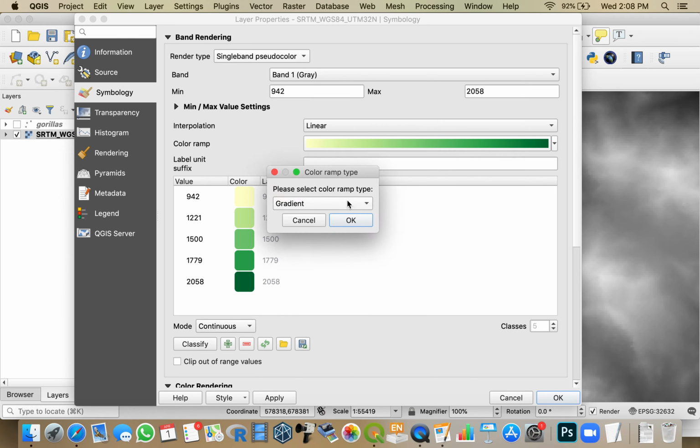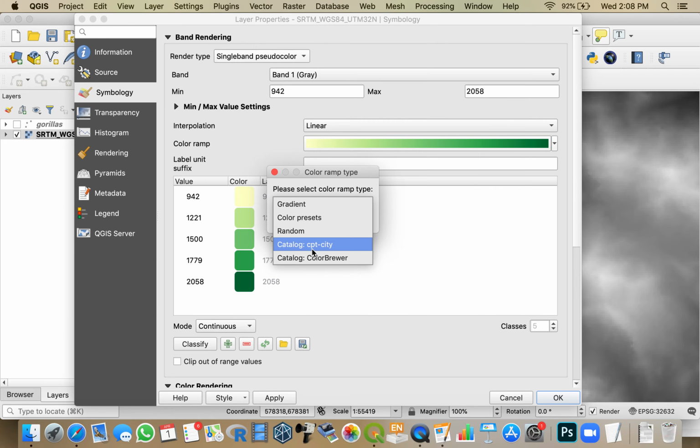So the ones that we've been looking at so far have been gradients. Down here is Color Brewer. If you're in my stats class, you may remember Color Brewer. That was a PhD thesis written by, I think her first name is Patricia Brewer, who looked at colors and cartography. But we're going to go up here to Catalog,